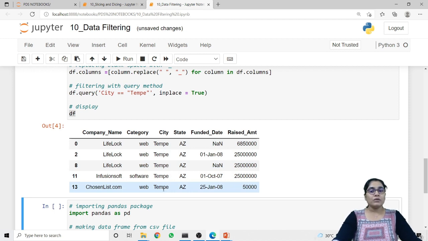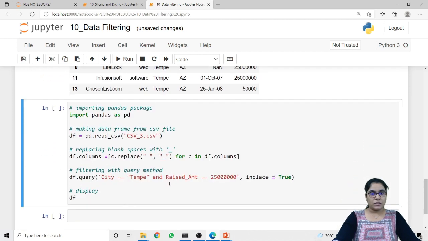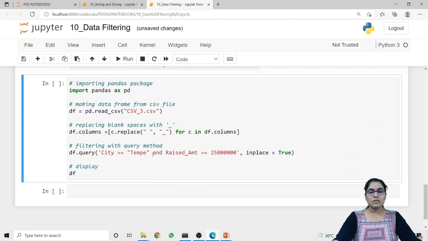Now if we want to give more than one condition to filter out our data, we can do that using the logical AND. So here first I am importing our pandas library and reading the data of the csv_3 file inside our df object. Also I am replacing all the column names which contain white space with the underscore using my for loop.